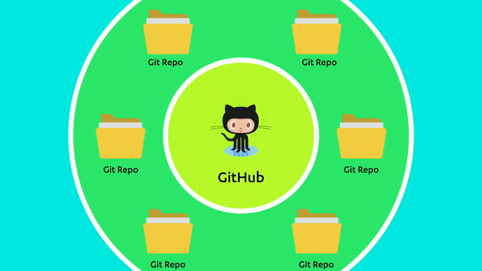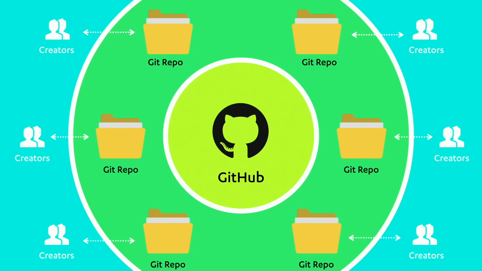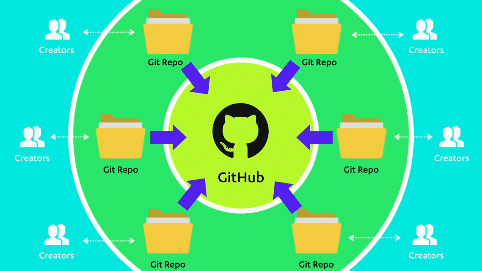So GitHub sits at the center. There's this Octocat, the little round cat-octopus mixture, sitting at the center. And then a Git repository exists so that creators, people who are making things, coders, are just updating the Git repos. Sometimes they update on a computer and they push it. Sometimes they're updating directly on github.com. And that information gets sucked into GitHub, and that's where the workflow begins and where it goes next.